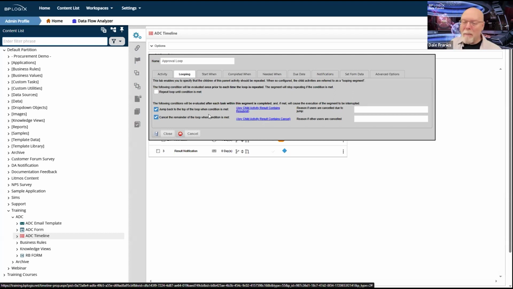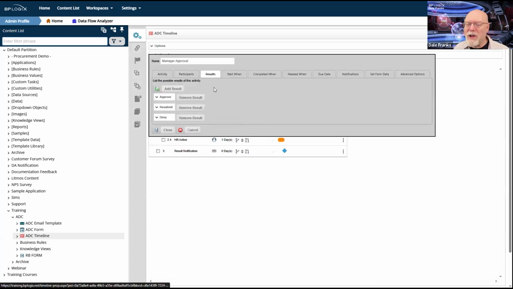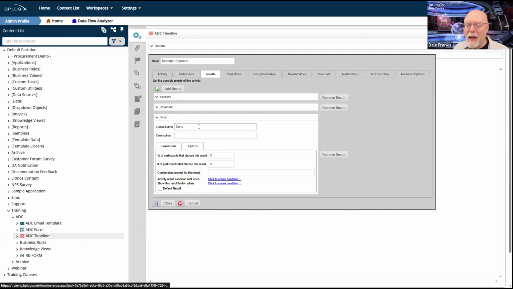So to match this condition, because I do want to cancel the remainder of the loop, I've got to be sure that I have cancel instead of deny. Also, deny seems like a very negative term to use. So I should probably change that result from deny to cancel.